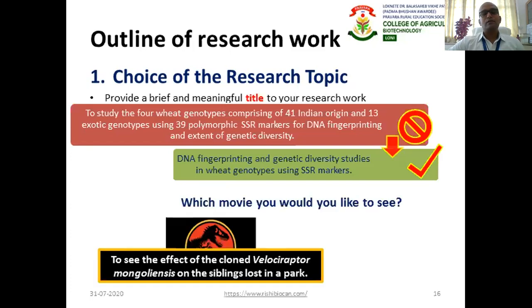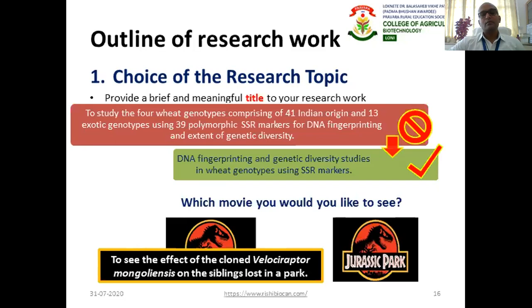There is a very funny example. Let's take the Jurassic Park movie. Which movie would you like to see? Imagine a movie is released and you want to see it, but you are given a choice of 2 titles. There is a poster with a very short title, Jurassic Park, and a poster with a very elaborate title: to see the effect of clone Velociraptor mongoliensis on the sibling lost in a park.